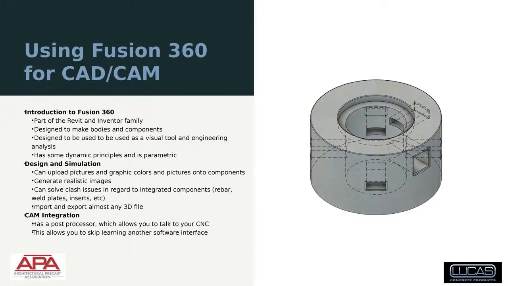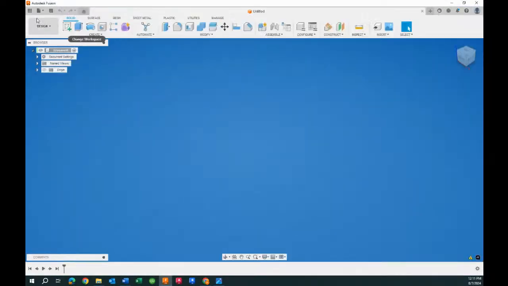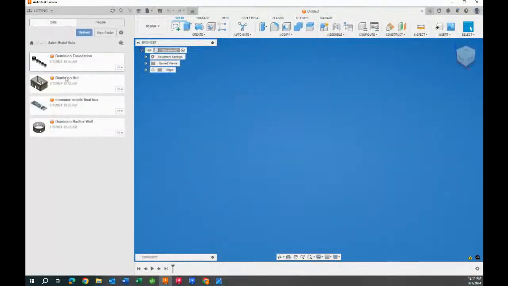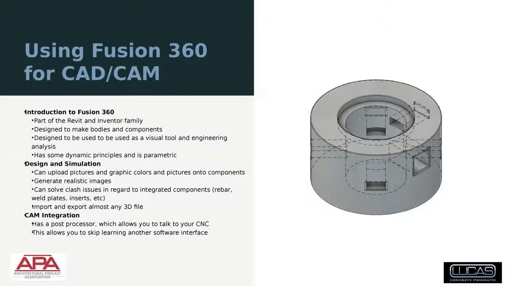To try to integrate. So what we're going to do is I'm going to bounce back into this, for example, and we'll bring up this project as we're kind of looking at both of these things here. Let's see here. So we're going to go back through and kind of bring this project. I'll walk through this particular job as we go through this, because again, the Fusion 360, which is what we're using, is part of the